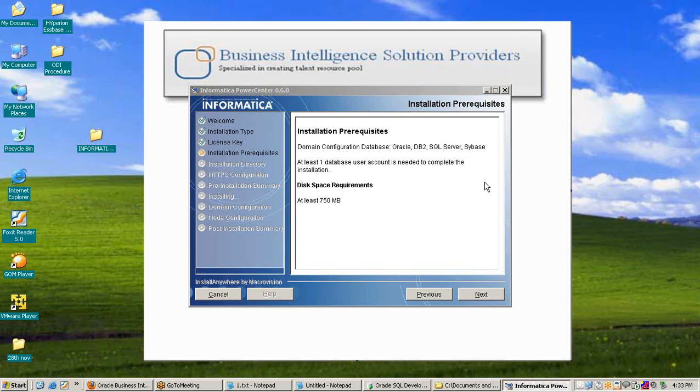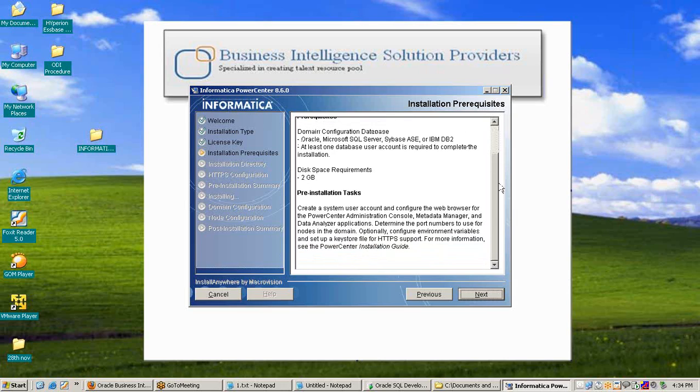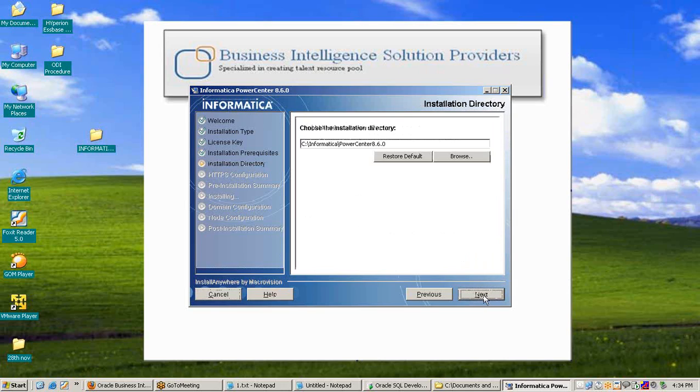Now the next window, installation prerequisites, is open. Here you can read each and everything. Installation prerequisites, domain configuration database: here we need at least one database, Oracle, DB2, SQL Server or Sybase. We choose Oracle 11g as the database. Then disk space of at least 750 MB, then press next. Now read the information, then press next.